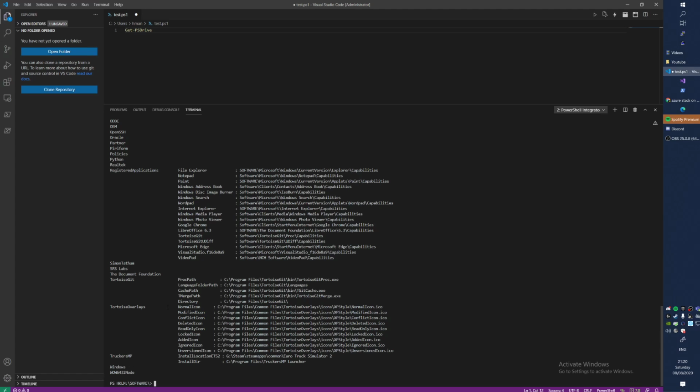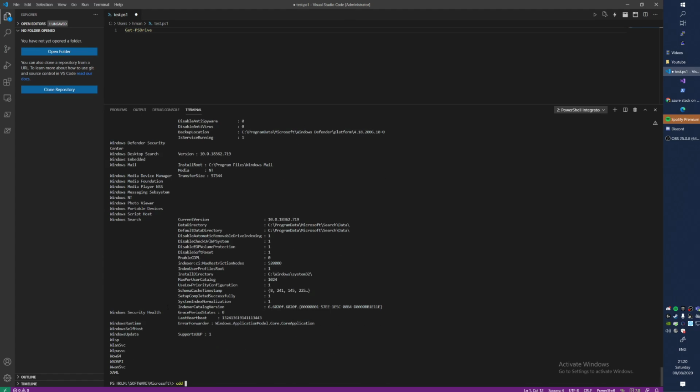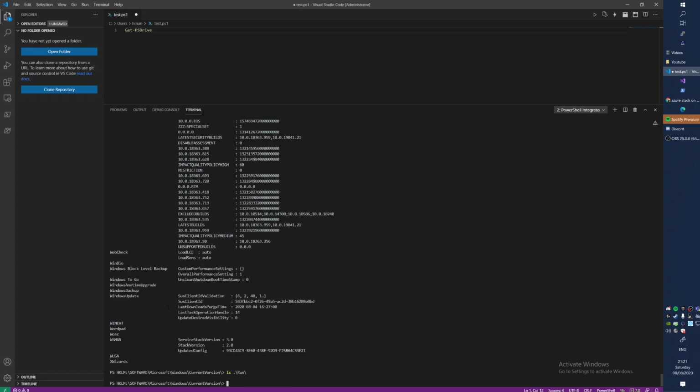I can do a cd into Microsoft. There you can see, I think it's always Windows, current version, something like that. Yes, always interesting. I think you can even do that, to see what's in the run. There's nothing in my run key, but I think